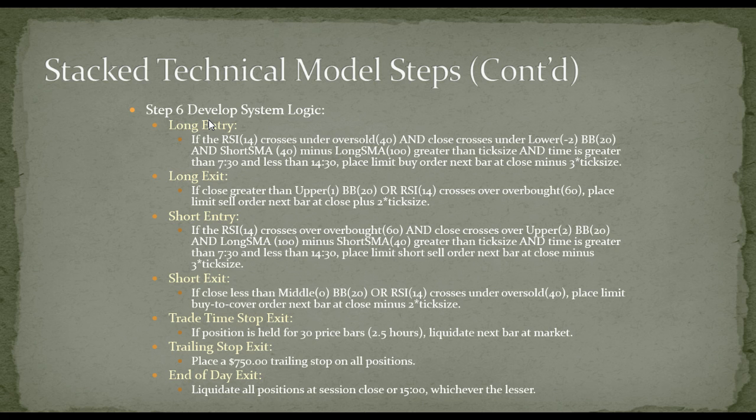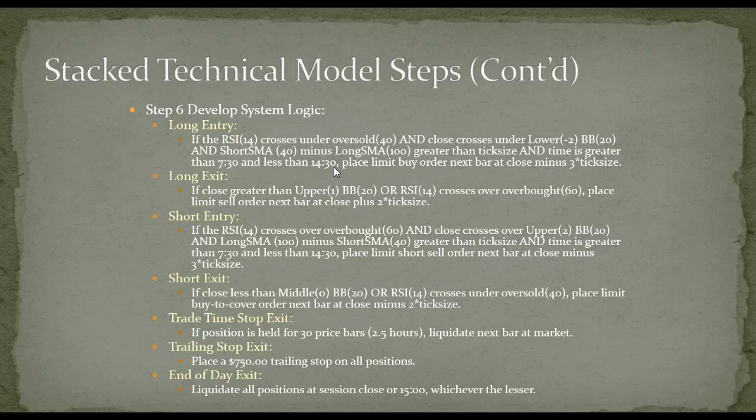So simply enough, if the RSI 14-period look-back crosses under the oversold, which in this case I changed to 40 to get more occurrences, and the close crosses under the lower Bollinger Band, and the short simple moving average of 40 periods minus the long simple moving average of 100 periods is greater than a tick size, so a quarter of a point, and the time is greater than 7:30 in the morning and less than 2:30 in the afternoon, we're going to place a limit buy order at the next bar